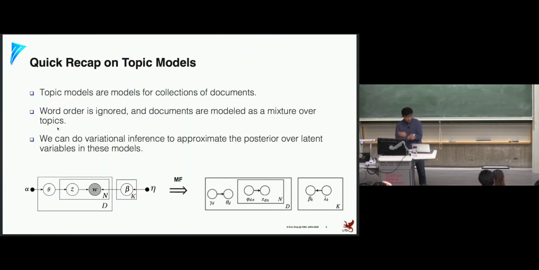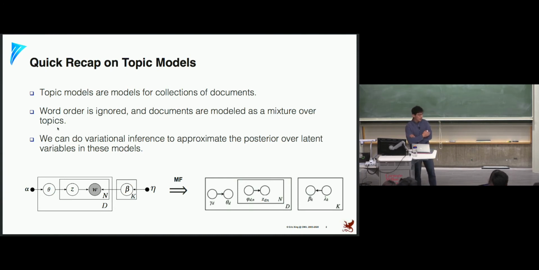Last time we talked about topic models, which are models of collections of documents, where we completely ignore the word sequence information and just do a kind of mixture model, with mixtures on top of mixtures for the words. This model, as specified, is very nice, but the inference is pretty hard, as is always the case for many latent variable models.